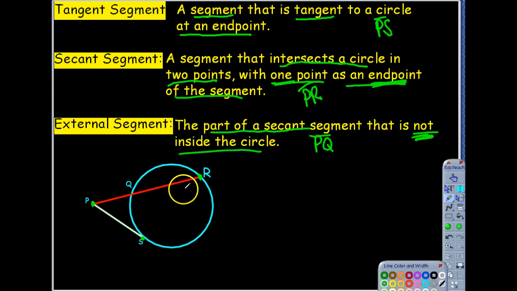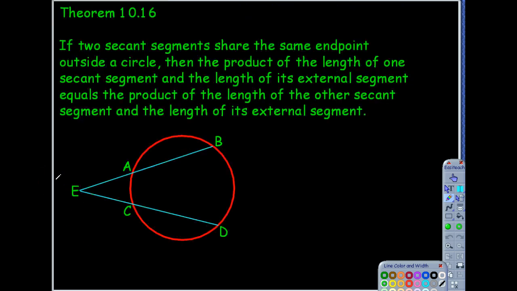And guys, notice on this slide, the only segment that's not really talked about is segment QR, because we call that a chord. That's a specific name. We already know it's a chord, so that is not something we need to define again. Now, these 3 words are going to be used for the next theorem, so just be comfortable with that. All right, so the next theorem, notice these are kind of wordy,